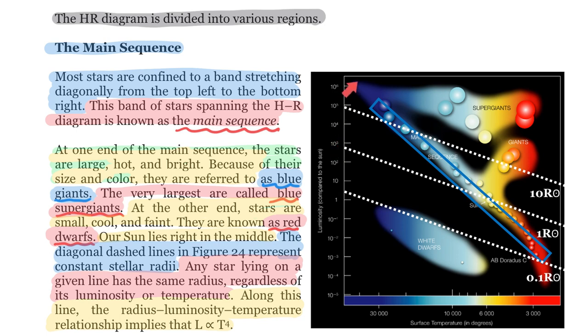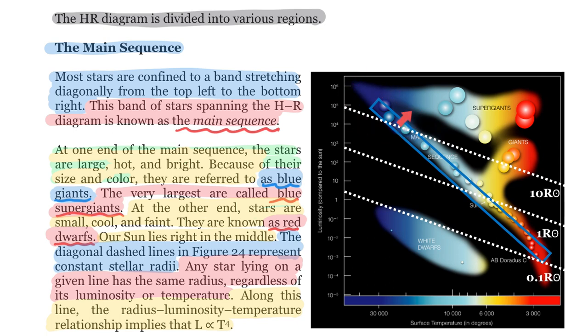We can see they have very high temperatures, but they also have very, very large radii in comparison to the sun. And because of their high temperature, they have high luminosity,